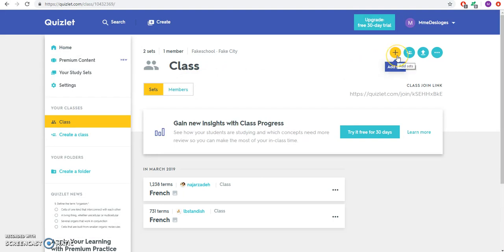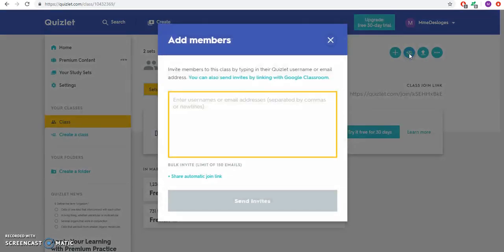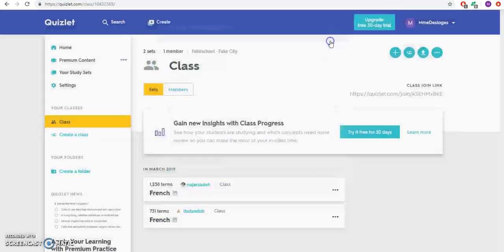Now I can add sets. I can also add students. So when I add students, I can either add their email address, or if they already have a Quizlet username, I can type in their username just in here. Or what I can do is I can use Google Classroom to send a link that they'll follow. Okay, so once I have done that,